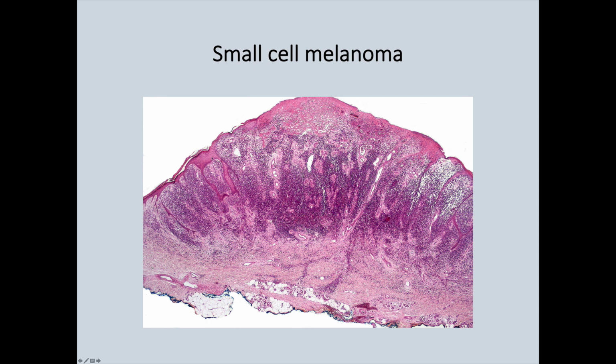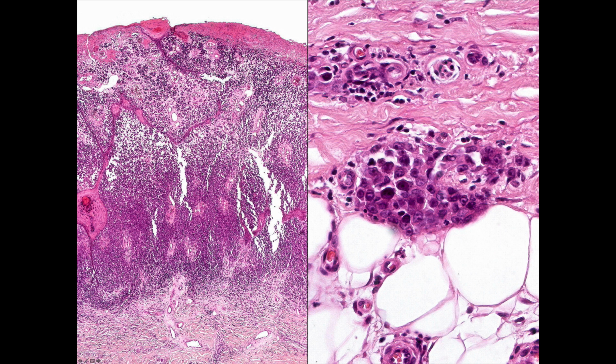So this is another example of small cell melanoma. And again, the diagnosis is not in doubt because we do have evidence of junctional activity. You could certainly see, even at this low power, that there's extensive epidermal involvement. And there's a slightly closer view. Here's the top of the lesion. It's largely ulcerated in this field, and it's composed of a dense infiltrate of basophilic cells, which on high power